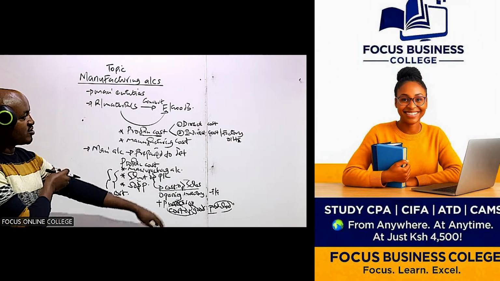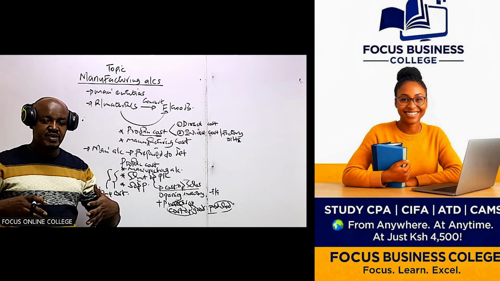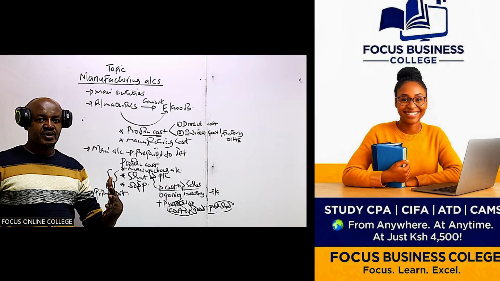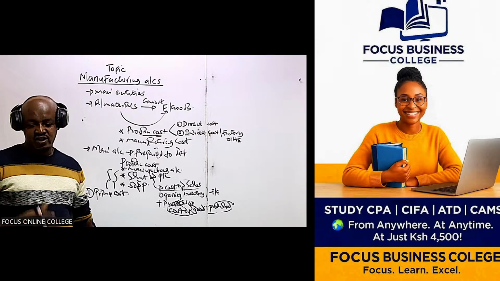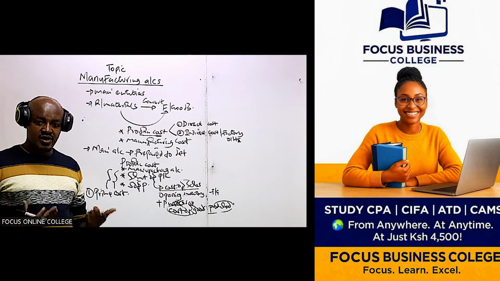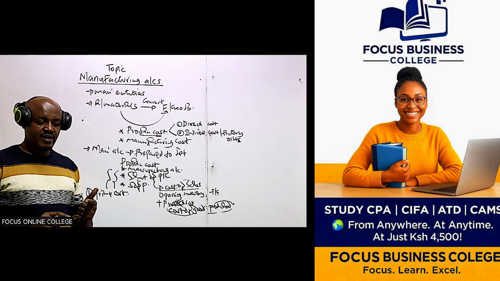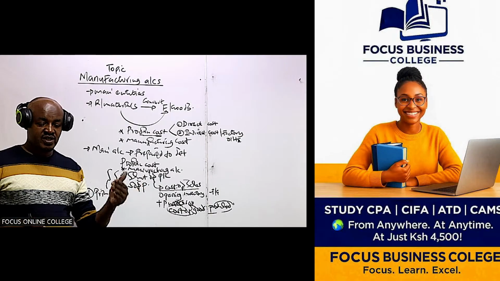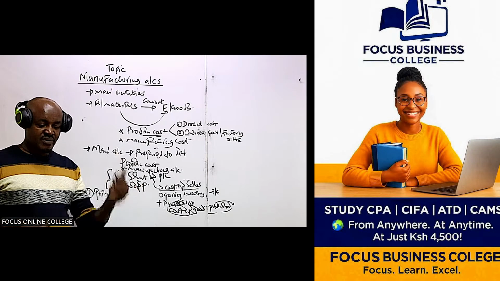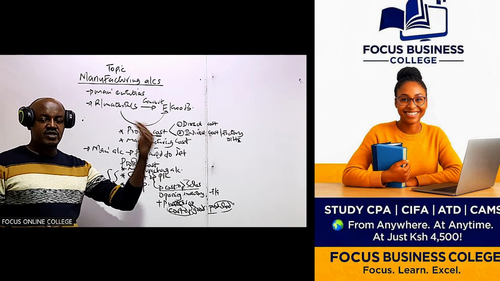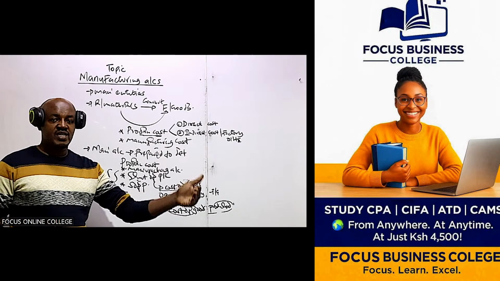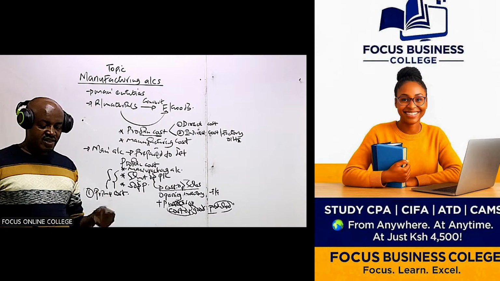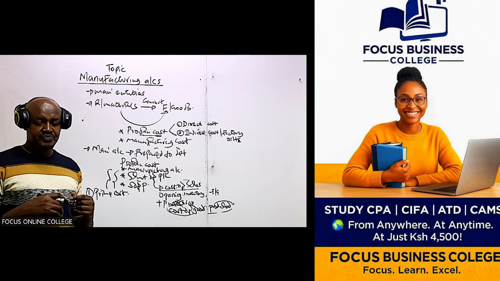When we talk about the direct cost, these are those particular costs which basically vary with the level of production. Anytime the level of production changes, this particular cost will change. A good example is the cost of raw materials. If the company is not producing any units, the company does not need to buy raw materials. If the company is producing 10,000 units, raw materials must be bought. If the company increases the number of units to be produced to 20,000, automatically the raw materials to be used will also increase. So the cost of raw materials is a direct cost. It always changes with the change in the level of production.